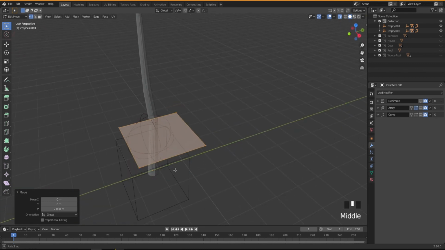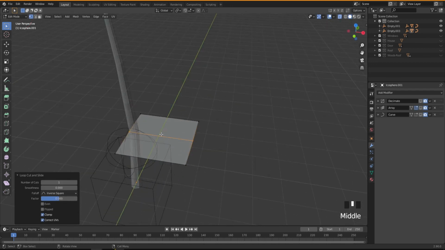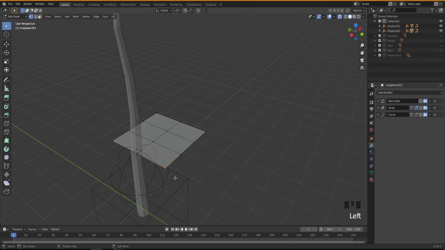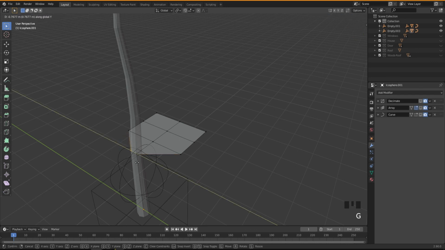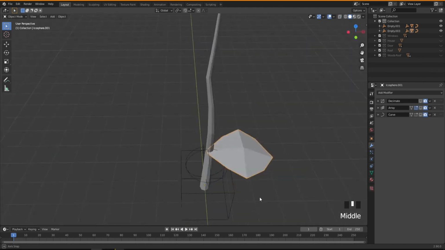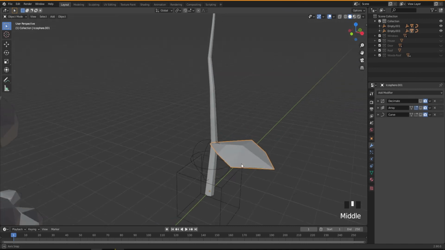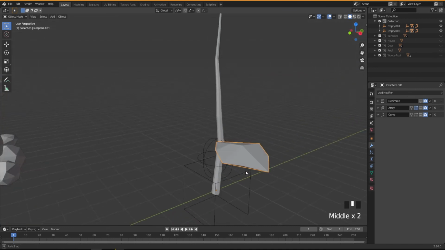You have different kinds of chi. So I'm going to press Ctrl R to add one loop like this, and then I'm going to add two loops this way, Ctrl R. Just going to move this point closer to chunk like this, G, Y. I'm just showing you this so you can duplicate this one to the other side, and then you will have a little bit different.